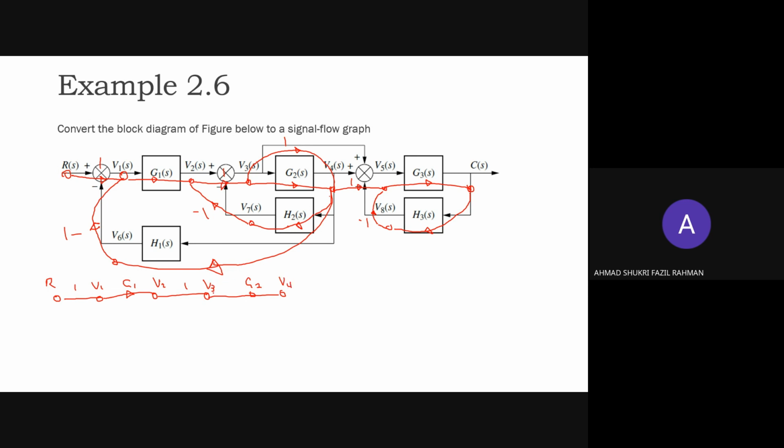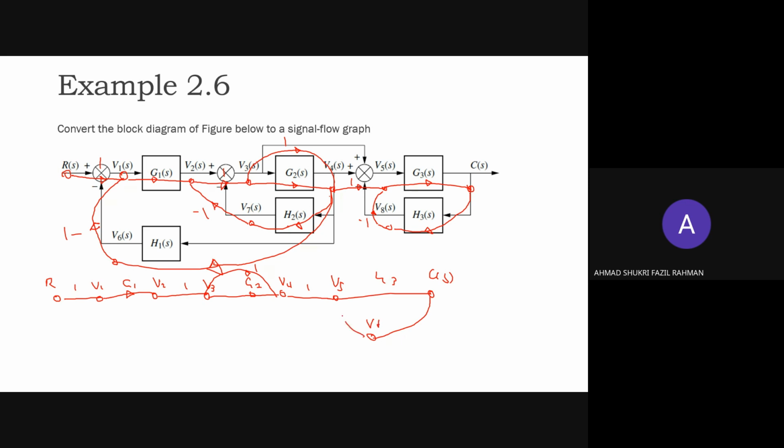Between V3 and V4 is another one, this should be 1, and then V4 goes to V5 with 1, and then this one CS, this one is G3, and then from here we have